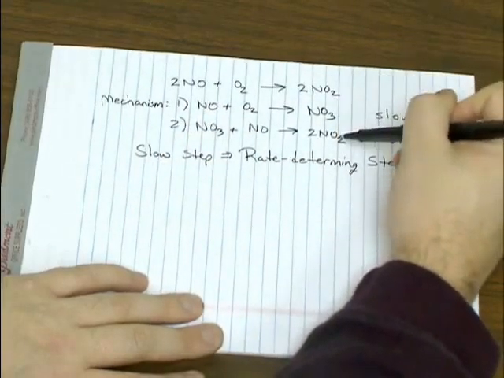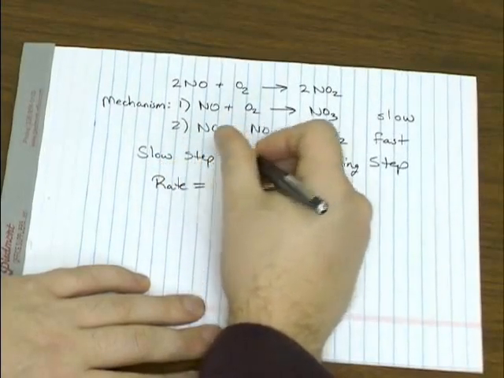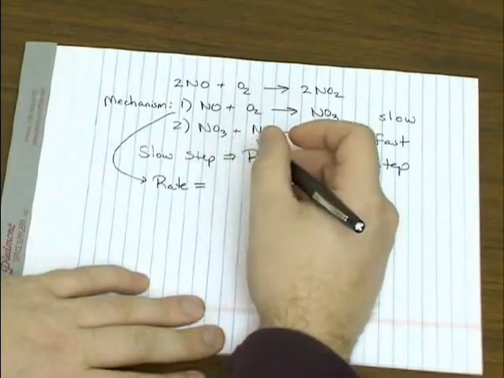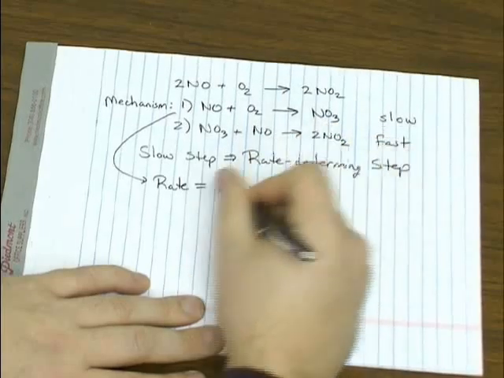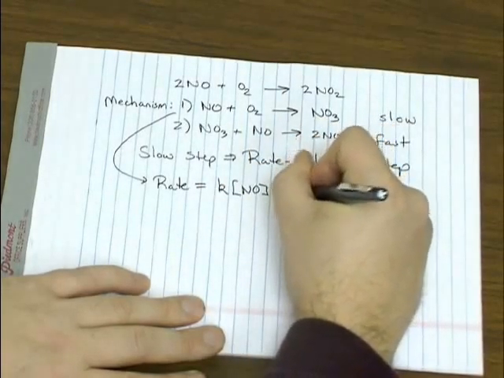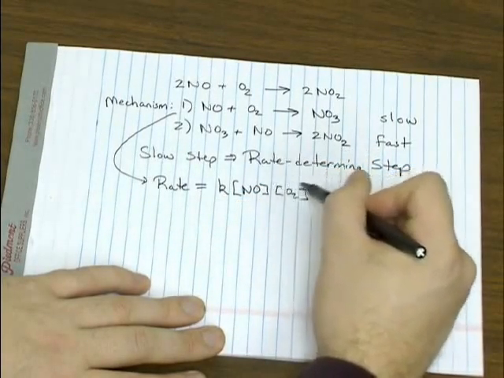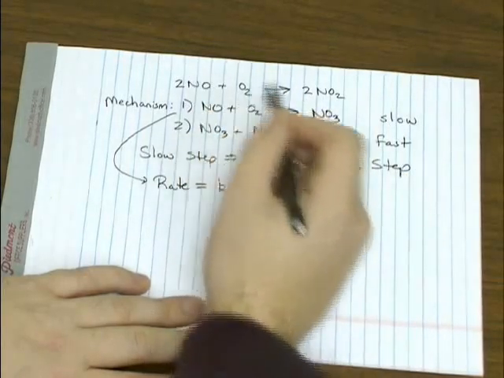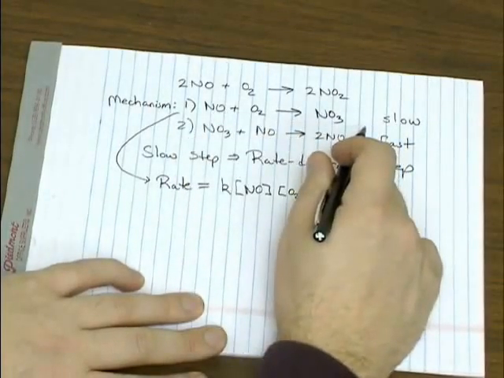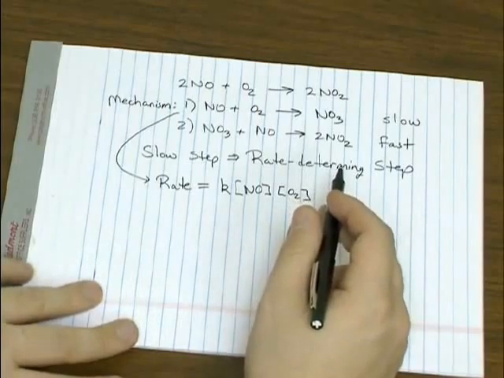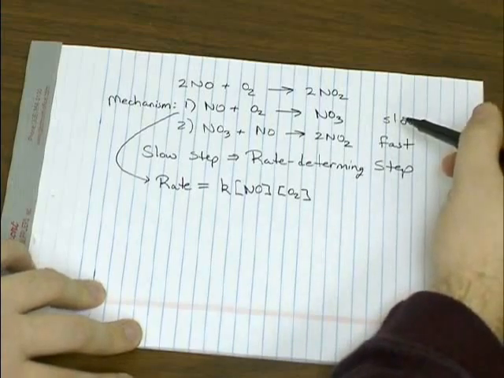But for a single step in a mechanism, the rate of a step is equal to a rate constant times the concentrations of your reactants. And the exponent for each concentration does come directly from the coefficients, mainly because there is no in-between. This is one single step. So if this is the rate law of the rate determining step,